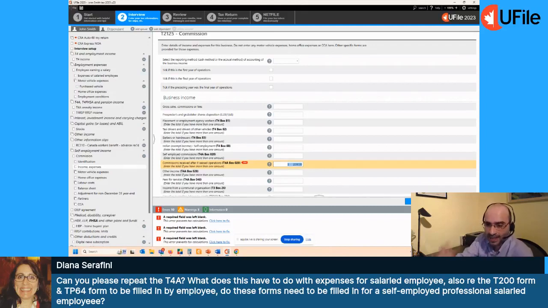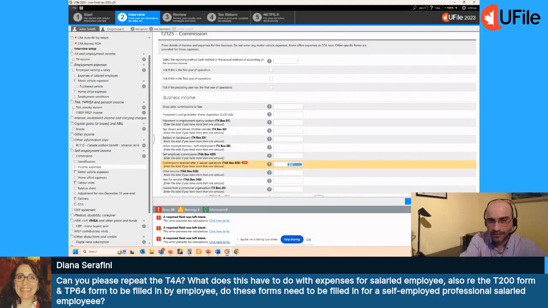Now, if you are a salaried employee, that is different. With a salaried employee, you have your salary, and you could claim expenses off of that salary if you paid for expenses that your employer has not reimbursed you for. The expenses you can claim under employment expenses are very limited compared to when you are self-employed. When you're self-employed, you can claim quite a few expenses. The basic test is, as long as the expense was incurred in order for you to gain income, then more often than not you can claim it, and then you check the guides of the government to see whether those expenses have special rules. That's how it works.